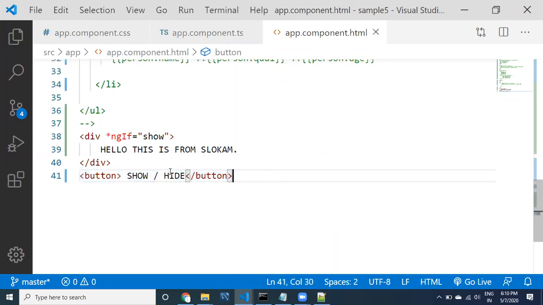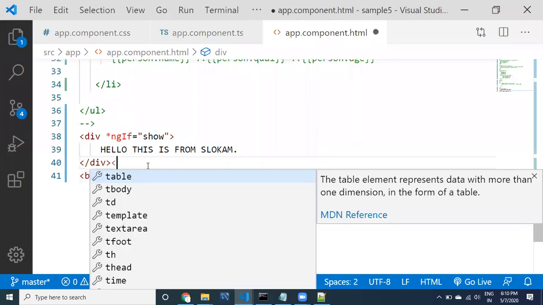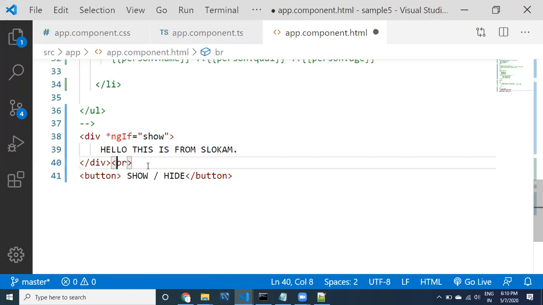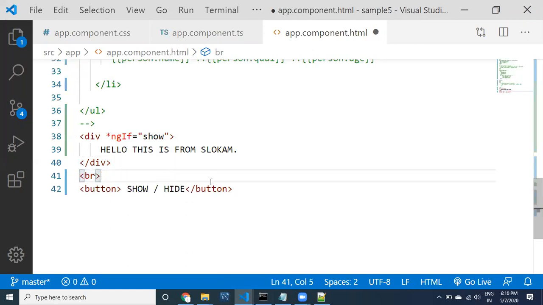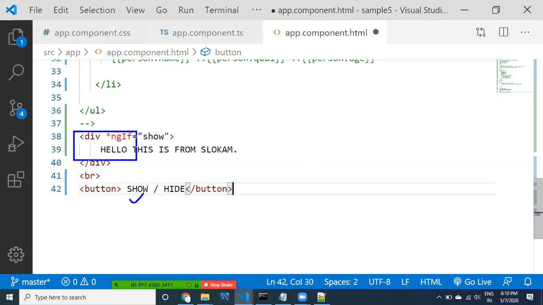The button name itself is show or hide, and make it a break. My intention is, if the user clicks on show, then it has to display. If the user clicks again on the same button, it has to hide.